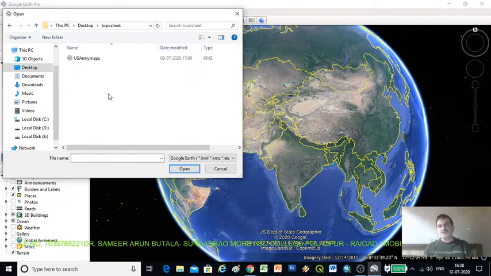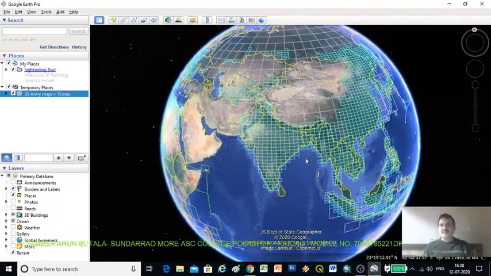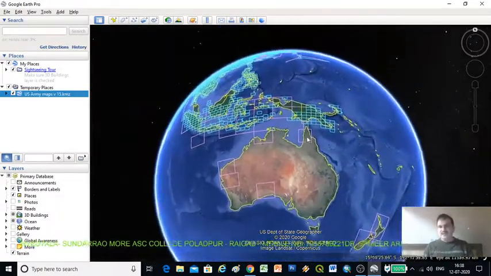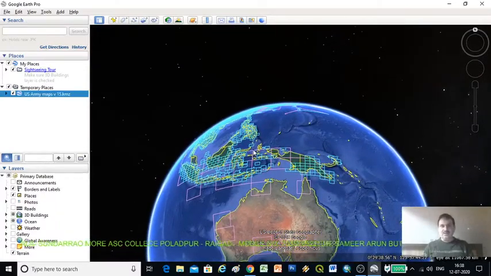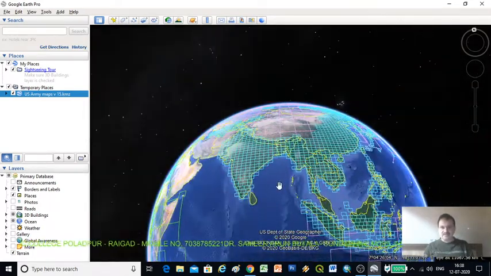Click on the URL and click Open. When we click Open, we find on Google Earth that there are so many squares, a net, which indicates the TopoSheets net.